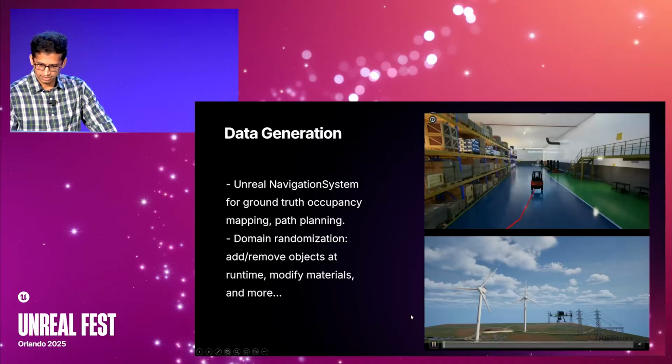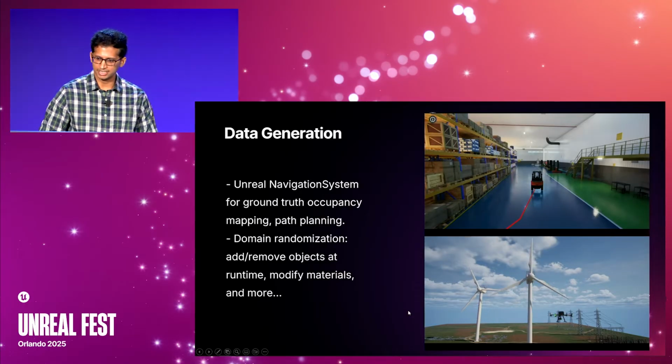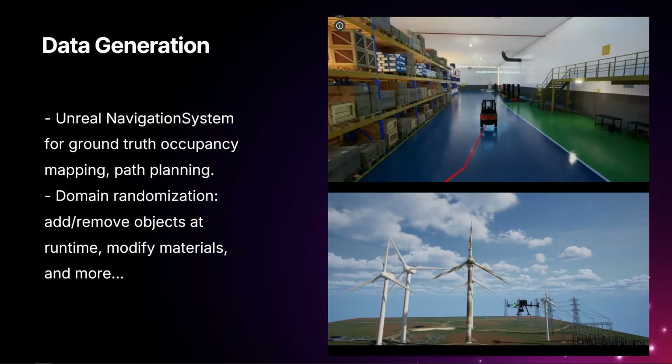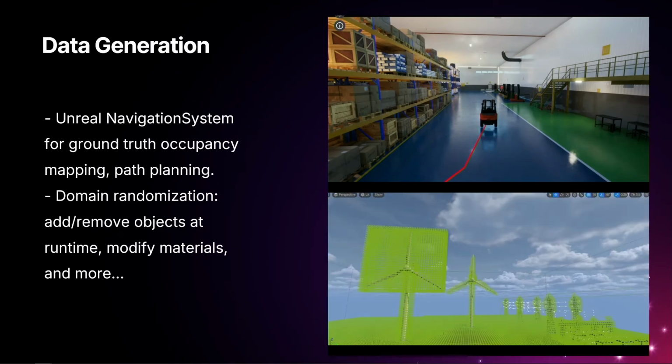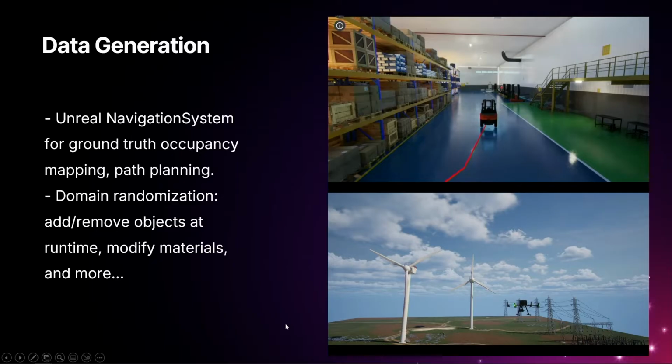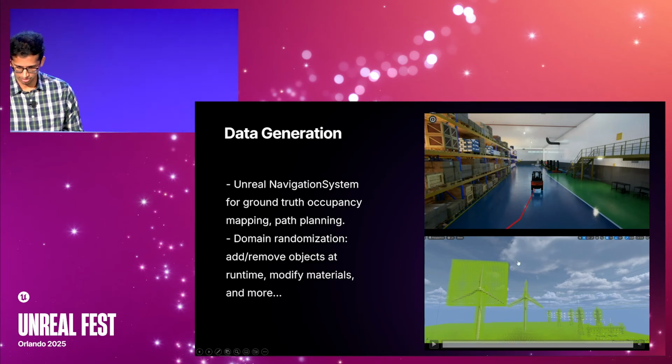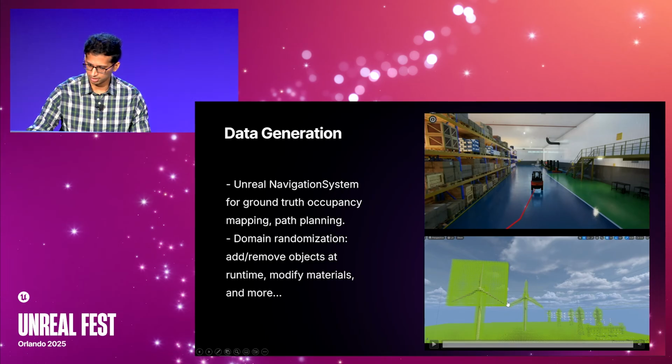So beyond that, the other interesting thing also is what people call domain randomization, right? So domain randomization is something that has a huge spectrum in itself. So in this little snippet here, I'm showing some capabilities from our sim, which are about how do you tweak the objects? Like, how do you place them in whatever places that you want? How do you multiply them? How do you increase scale and make them bigger and smaller? And you can change the texture and so on and so forth. And at the end of it, actually, you have a little snippet of a 3D octree, an occupancy map that we built.